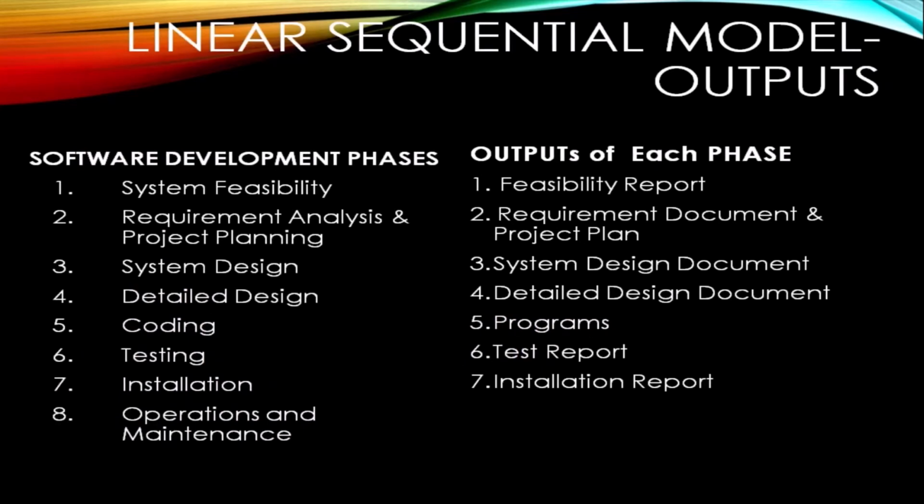This slide shows the outputs of each phase. After the feasibility study, the feasibility report is generated. After the requirement analysis and project planning, the SRS document is prepared. After the software design or system design, the system design document is the output generated, and after detailed design, the detailed design document